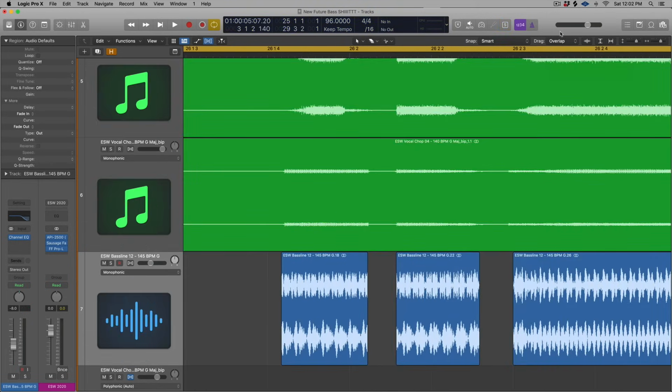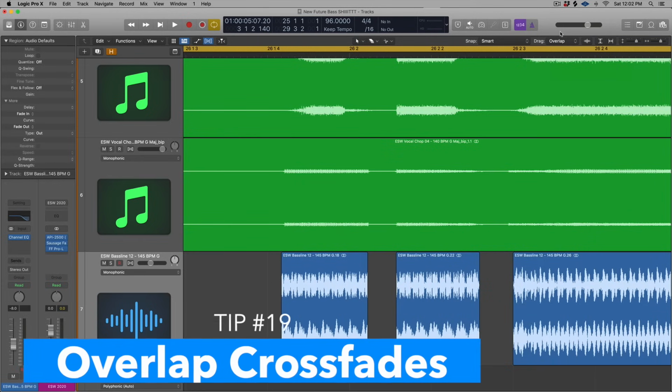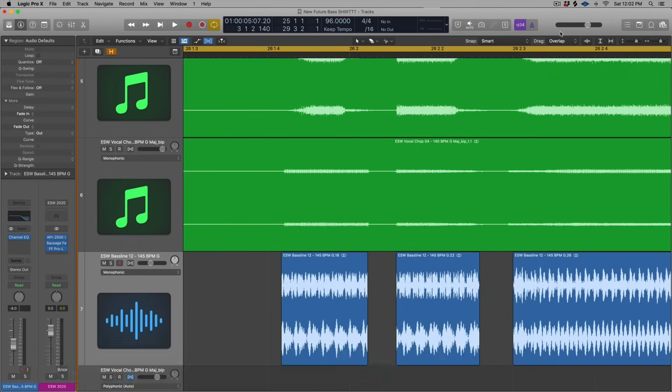This next feature I find really helpful when I'm applying a lot of crossfades. Maybe I'm editing a vocal take and there's some timing issues, or I'm chopping something up and I'm having to apply a lot of crossfades because I'm moving audio back on itself and the regions are touching. Instead of having to click and do the fades like we just did, which is helpful when there's only so many regions,